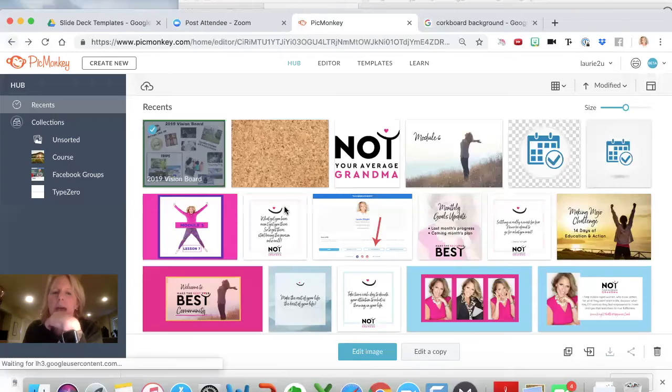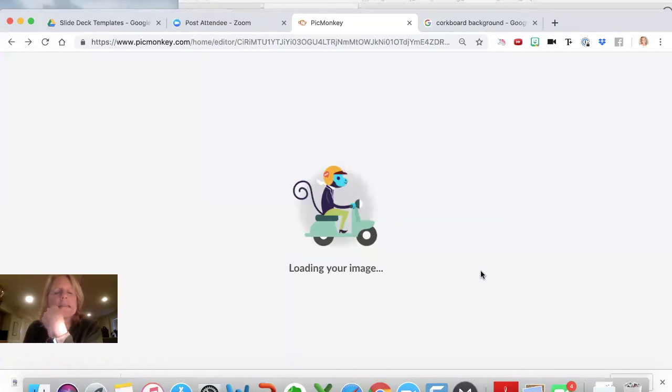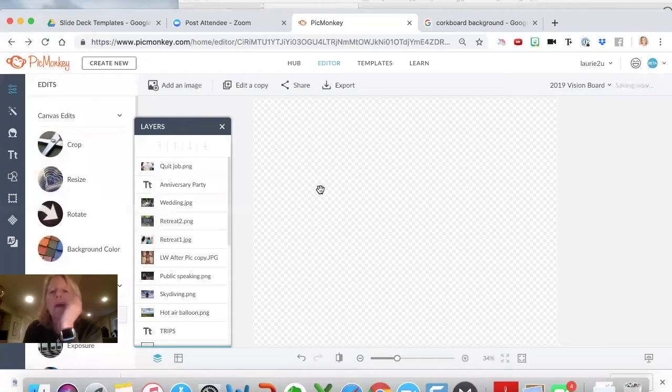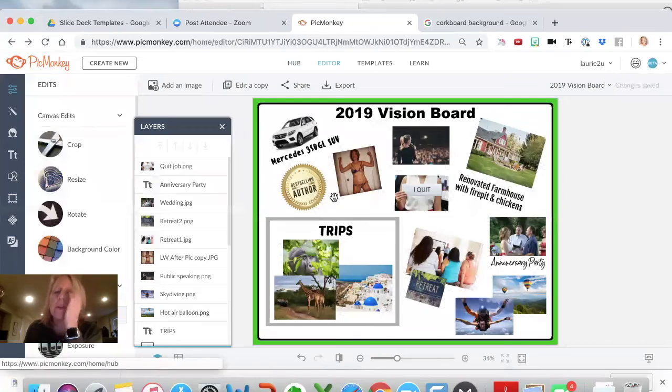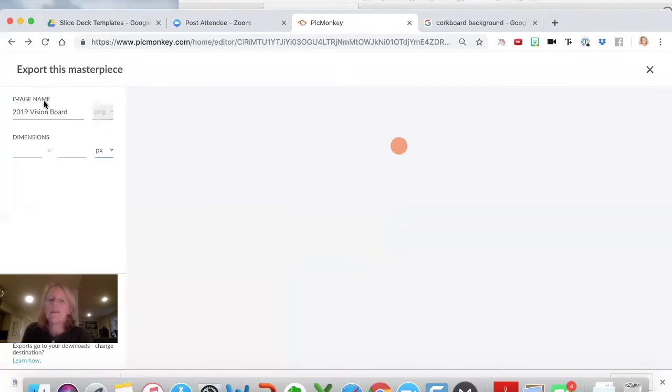So I'm going to go back to my other screen. All right, okay, here it is. So this is the way you get it to your computer. So you export, and then it just takes the image name. You can change the name if you want on export. And this is the dimensions it is.